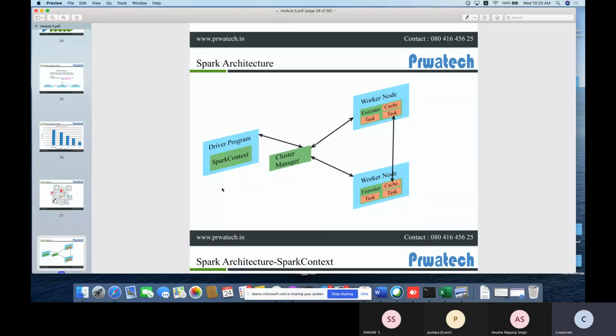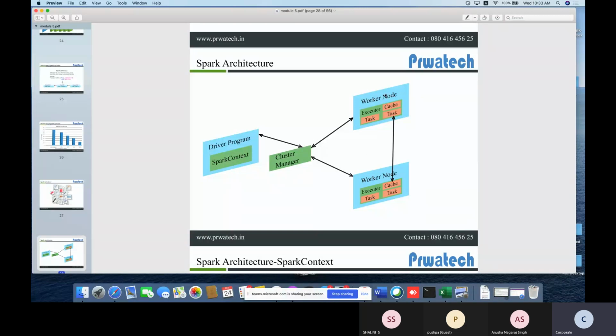So see here, driver program. We have the contexts: Spark context, cluster manager, worker node.